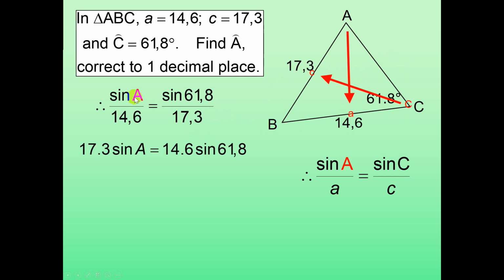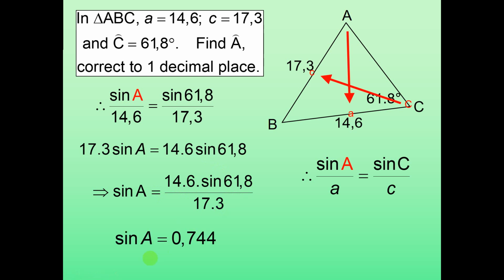Cross multiply: sine A times 17.3 is equal to 14.6 times sine of 61.8. You can also find your LCD. Note, we're trying to find angle A. So the first thing we're going to do here is get rid of the 17.3. We will divide both sides by 17.3. And that gives me sine of angle A is equal to 14.6 times sine of 61.8 divided by 17.3. And we work out the right hand side to be